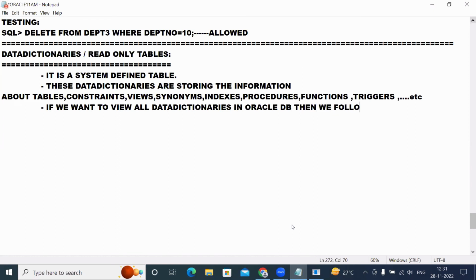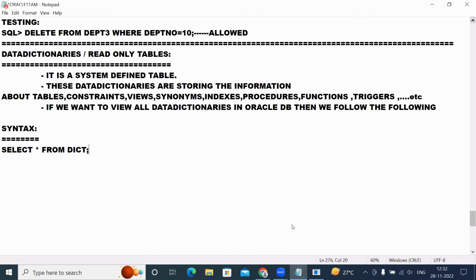Then we follow the following syntax. Observe: select star from